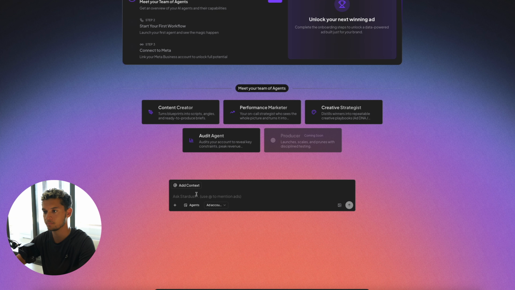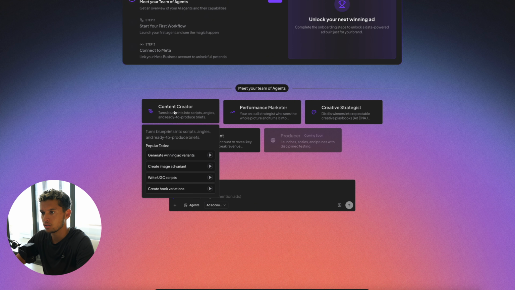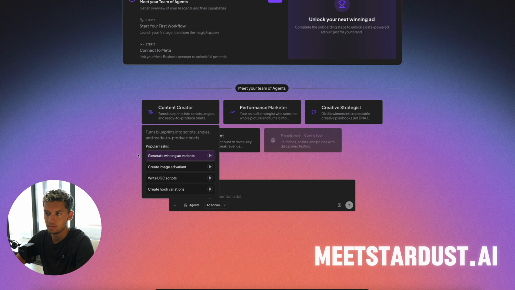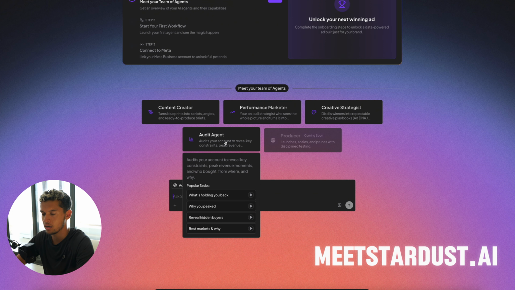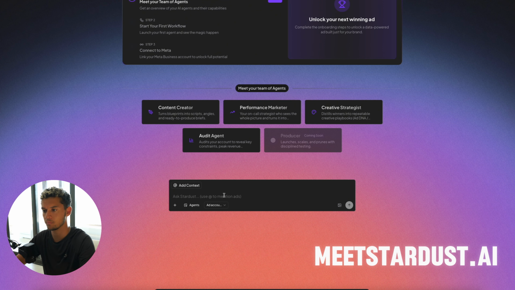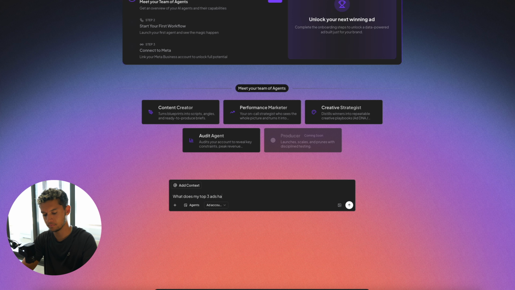This is Stardust, by the way. You can ask why your ads work. You can just create winning ad variants, but I want to find out why something's working. What does my top 3 ads have in common? That's it. I just ask it. And okay, if you want to shoot me, this is a prompt, I guess.